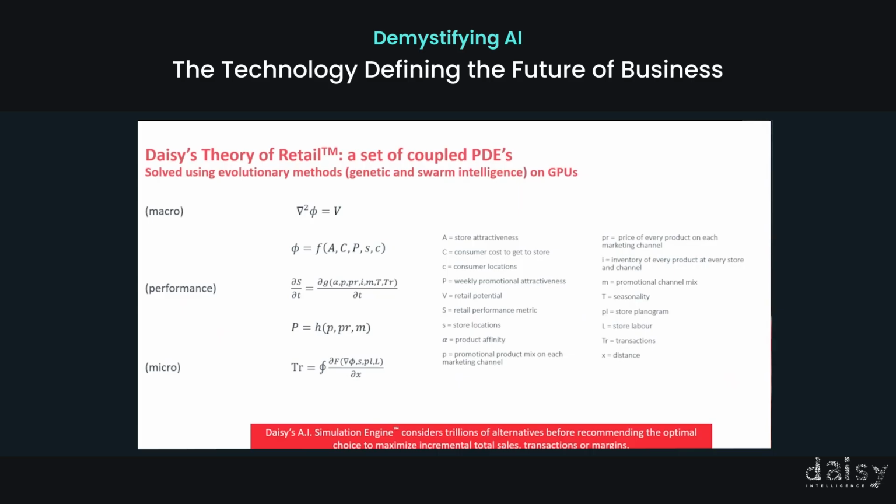So we can model transaction count as a conversion of a path integral through your store and your product layouts, converting traffic into transactions. So the macro level attracts customers to your store, then your store layout converts the store traffic into transactions, and then the quality of your promotion is this interactive effect.